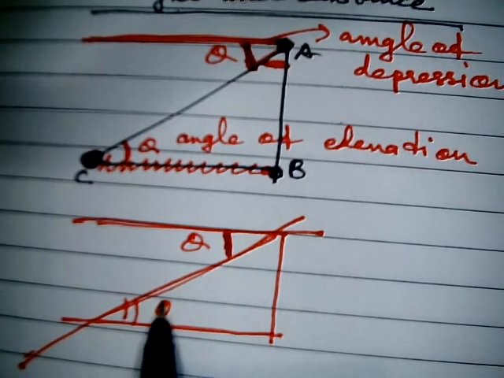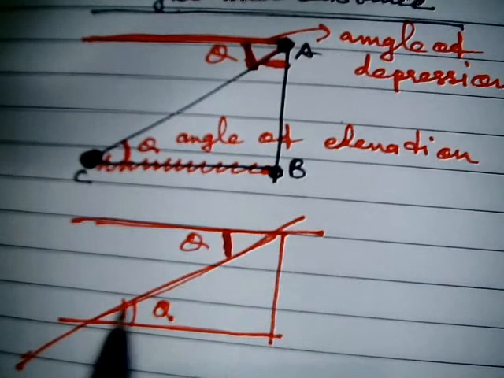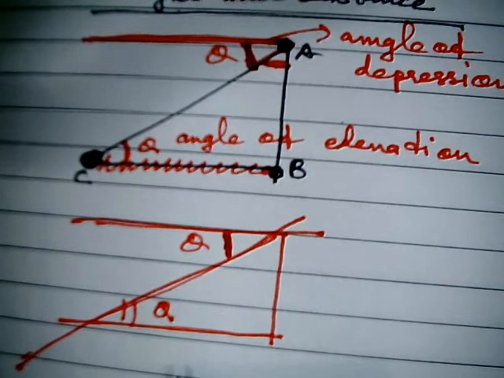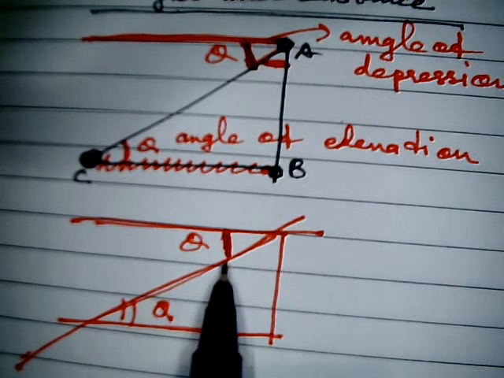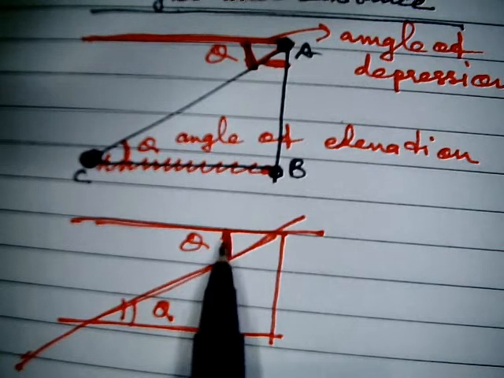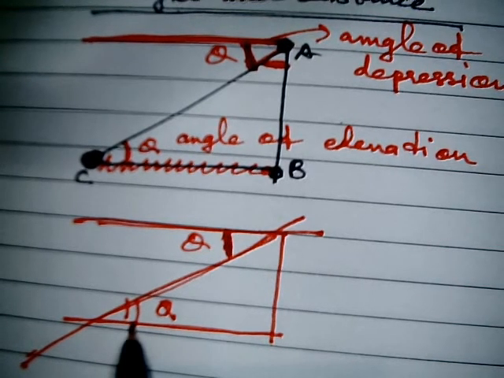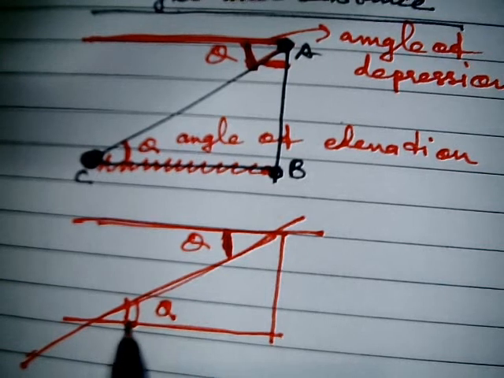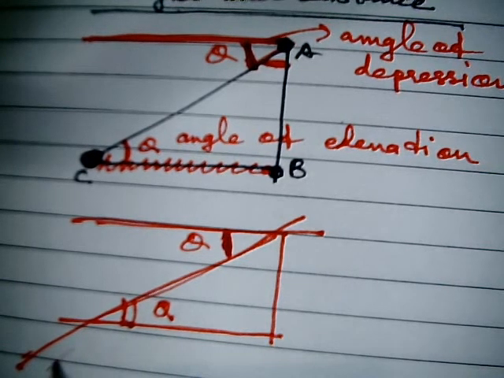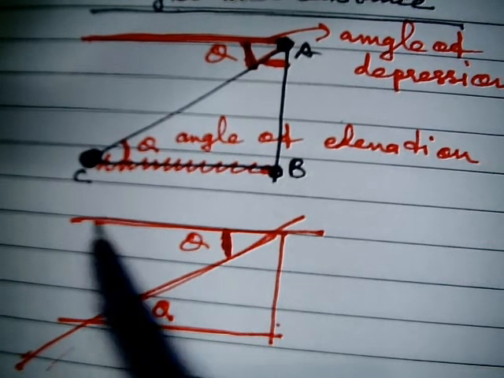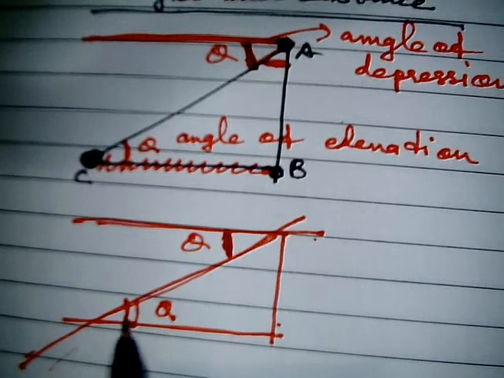With this angle we can't define it. What I need to do is, with the help of this, calculate this base angle, and this angle will be equal because this works as a transversal line and this line is parallel. So after calculating this angle, we apply the trigonometric ratio, and whatever is given we can calculate.